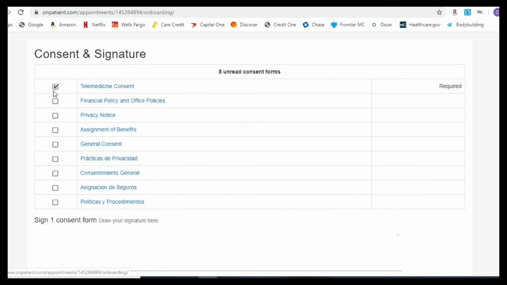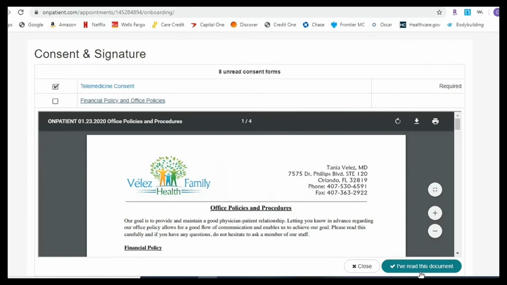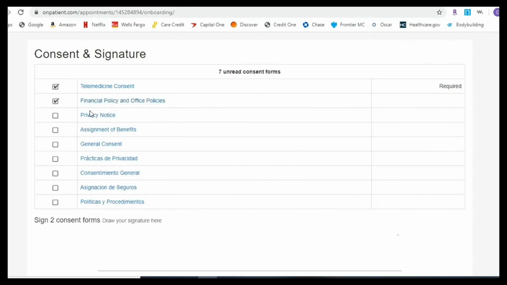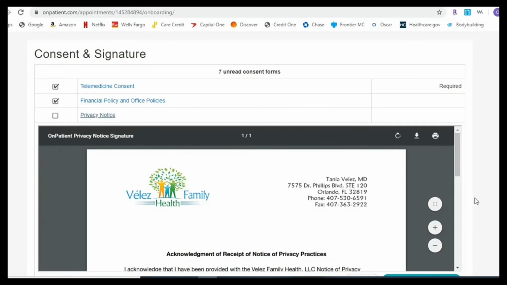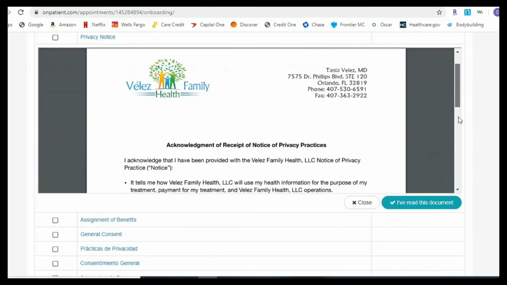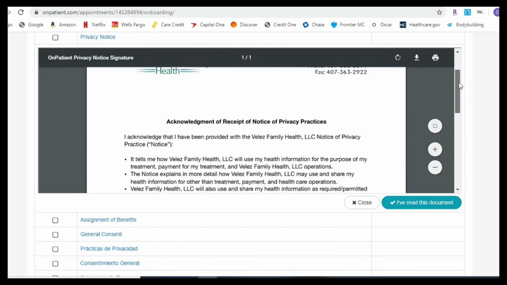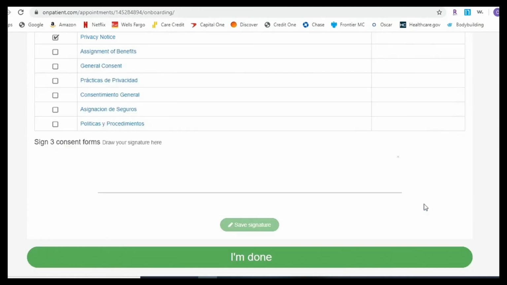You do need to click on each one individually, then click on the I've read this document button for each one for them to register as you having consented to each one. For new patients, only 5 consent forms are required, not all 9 of them. 4 of them are duplicated in Spanish, so you can sign either the English or Spanish versions, whichever you prefer. However, the 5th one, the telemedicine consent form, is only in English currently, so that one will have to be